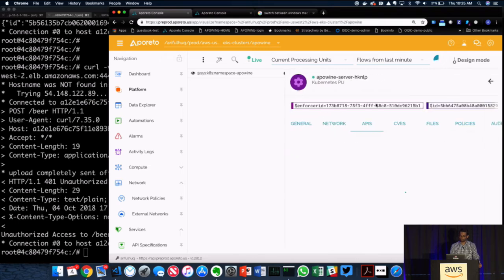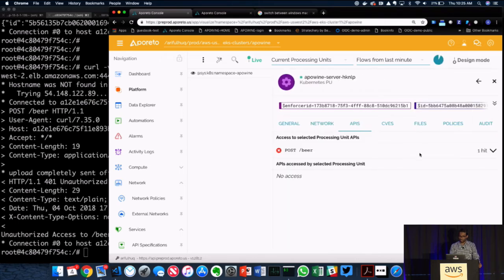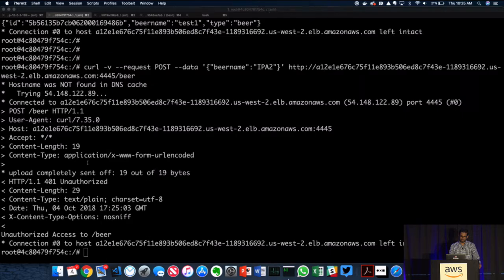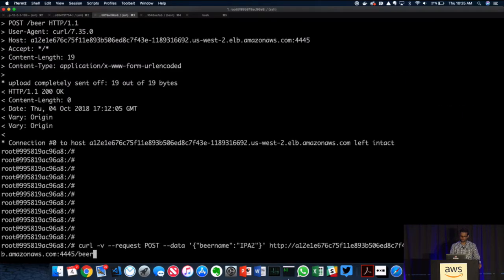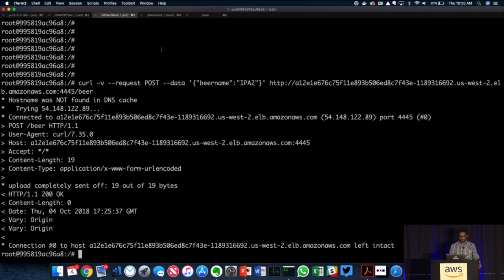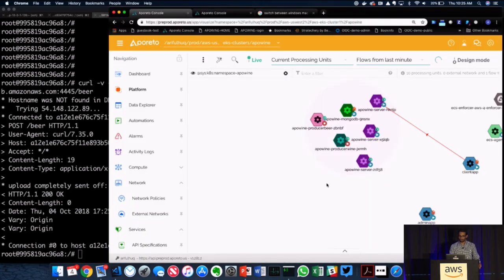We also have the ability to give you visibility into what requests get accepted and what requests get denied. For instance, I'm showing you that for this specific microservice, the post to beer was denied because the correct identity was not presented. Now, that request was denied. Let's actually give you the right identity, and that request will go through.